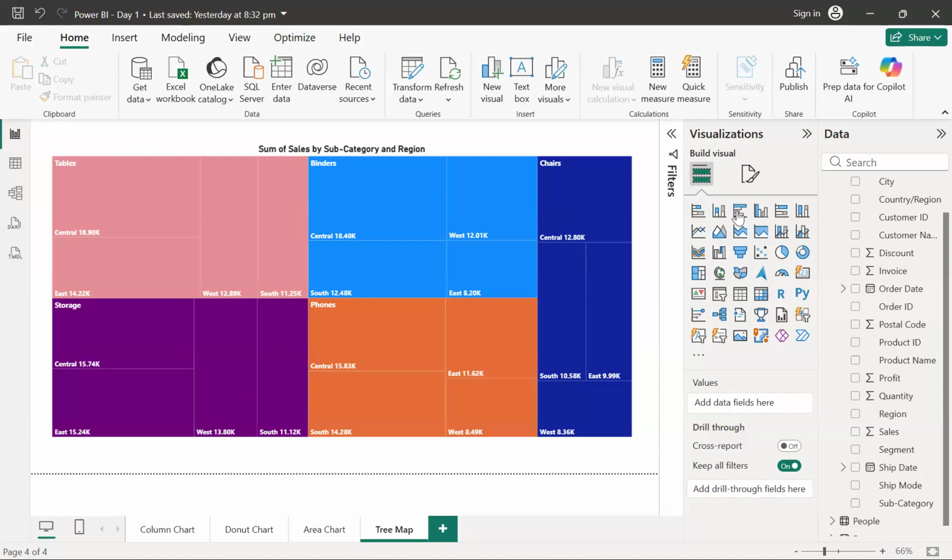What should we take, product and sales? Yeah, product name and sales. I have created this chart.